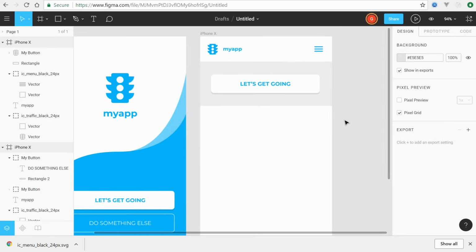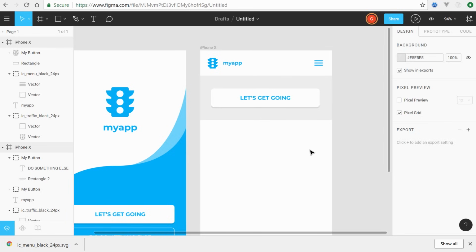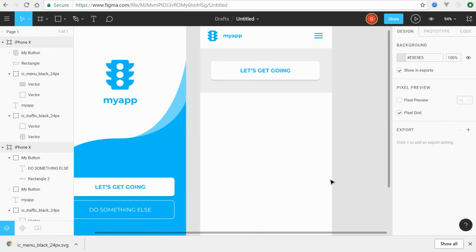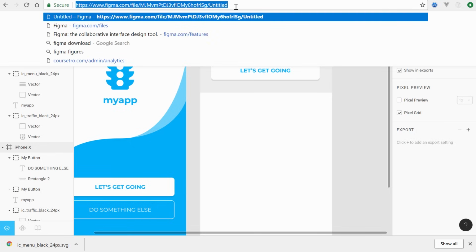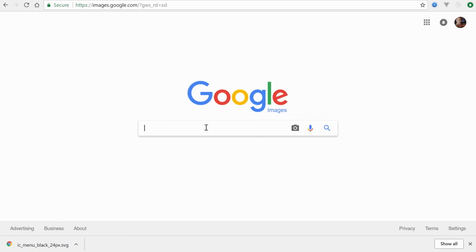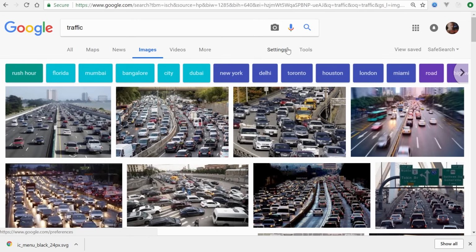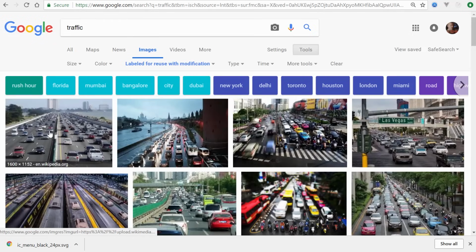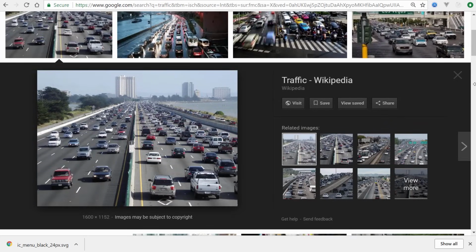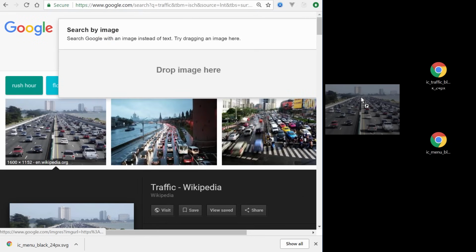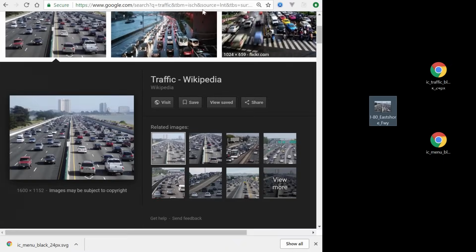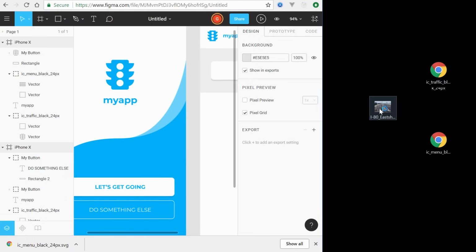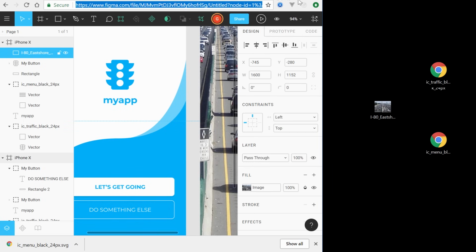And let's see how this app works with images or photographs. So we'll have a photographs container down here. So let's go to Google Images. All right, so let's just type in traffic. All right, usage rights, label for use with modification. Let's drag this onto the desktop. Copy and replace. We'll go back to Figma. Now let's just drag this right onto our artboard. Okay, so